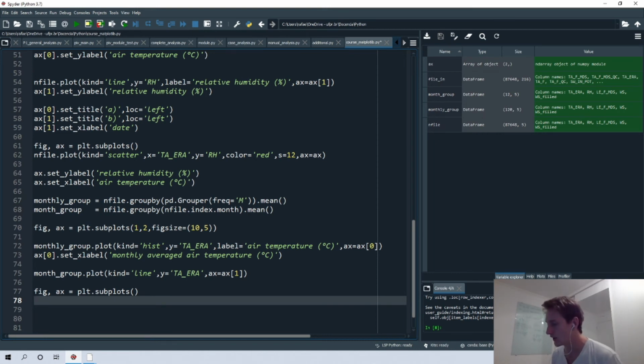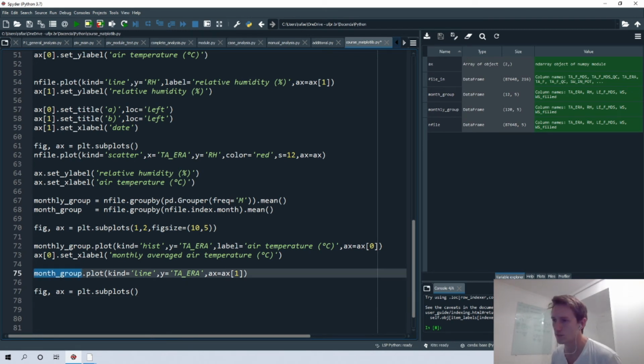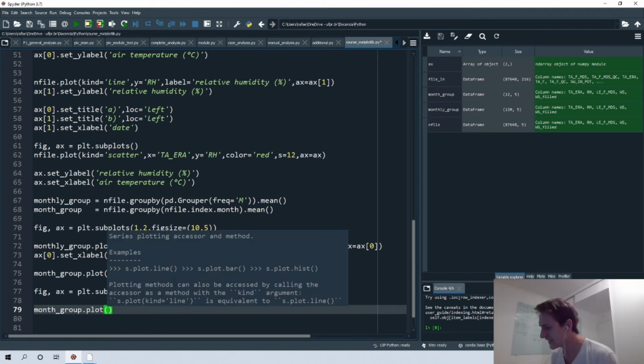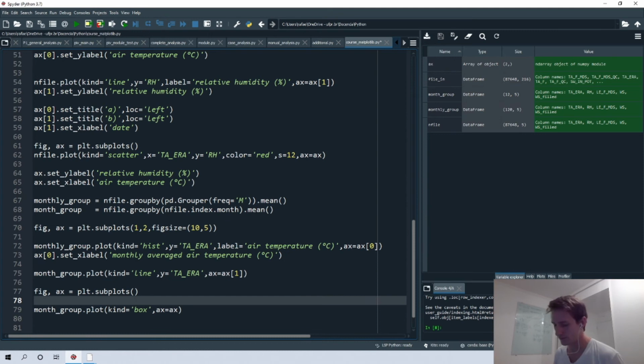So we want to have a box plot using data from, for example, this month group. So we can just use month group.plot, and then the kind of the plot will be box, and then ax, we have only one figure, so we have the same value.